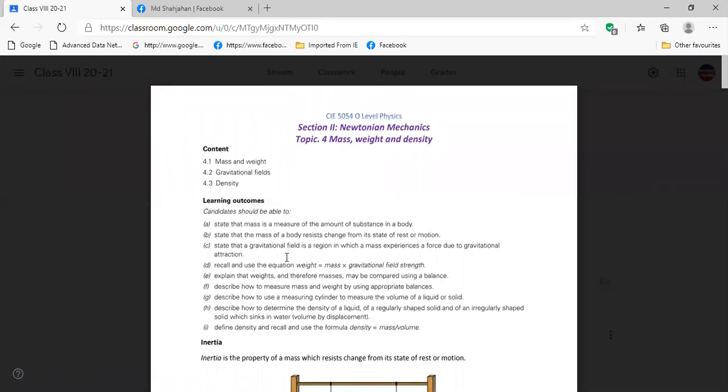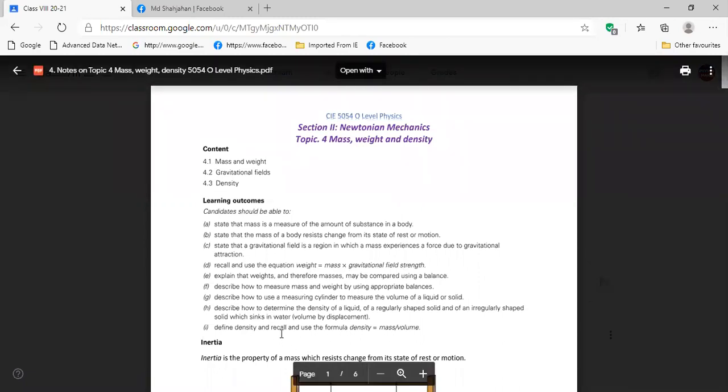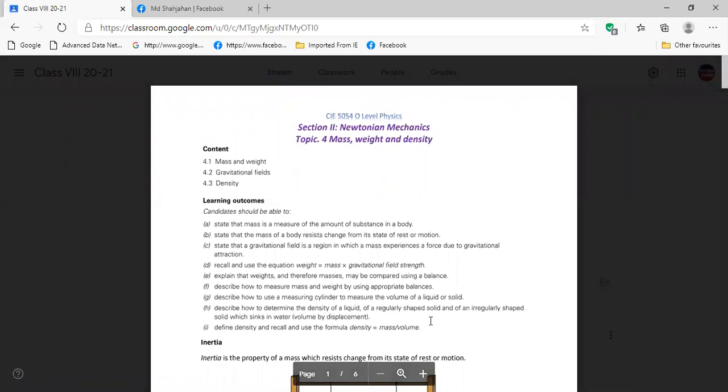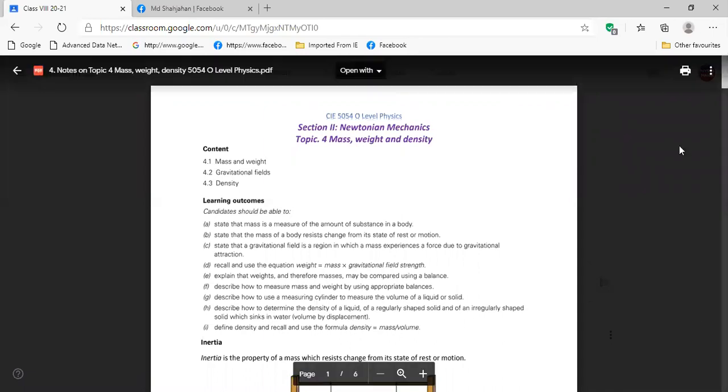Then other things you know, right? Weight formula, you know, mass into gravitational field strength. And this one, you know, the density formula. Then how to measure the density of an irregular shaped object, regular shaped object. You know. So, in the first definition of mass, you know,